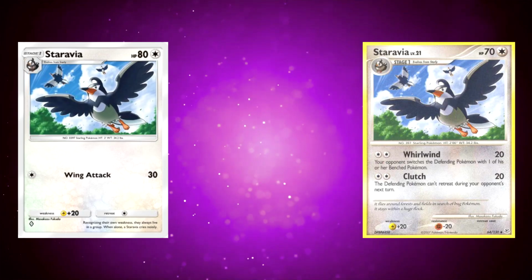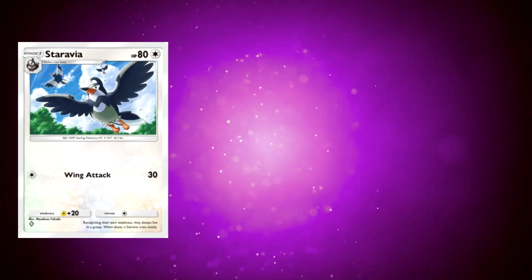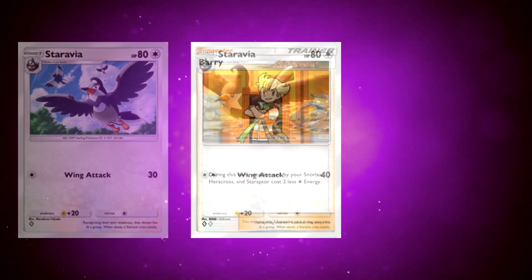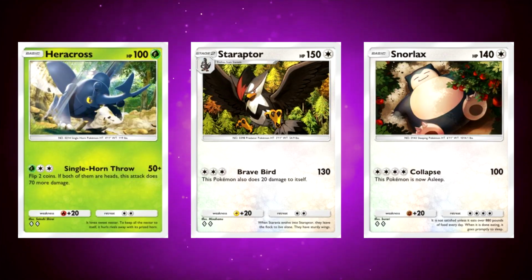The only card so far from this first set that has reappeared in Pocket is Staravia from Triumphant Light. Illustrated by Masakazu Fukuda, this Staravia has seen marginally more play compared to its Space-Time Smackdown variant due to the introduction of the supporter Berry. Berry reduces the attack cost of Snorlax, Heracross, and Staraptor by 2 colorless energy. It's not a very good card, and would have been better if it simply added 2 energy to this assortment